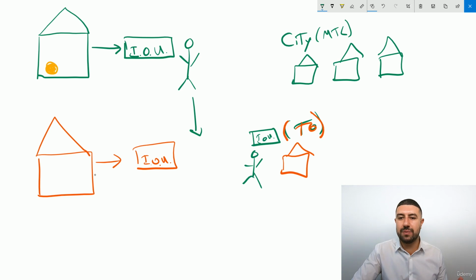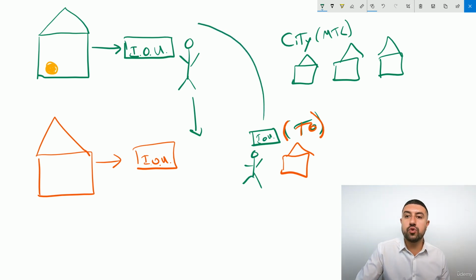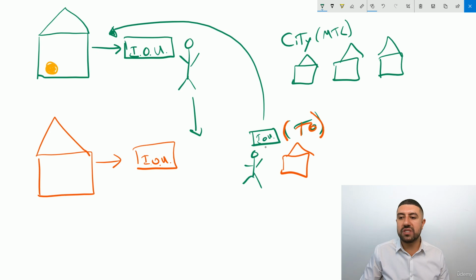My bank can't redeem this. I can't use this. The only way I can use this IOU is if I go all the way to Montreal to your bank and exchange it there. So I'm not going to value this IOU at its fair value. I might say I'm only going to value it at 75% of its value because I need to go all the way to Montreal to pick up my coin.